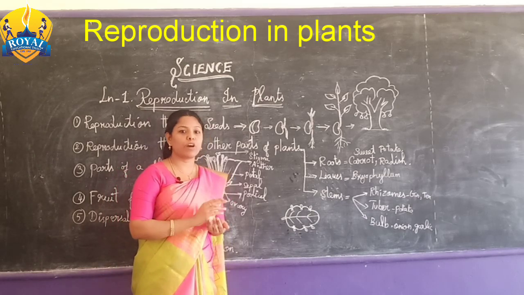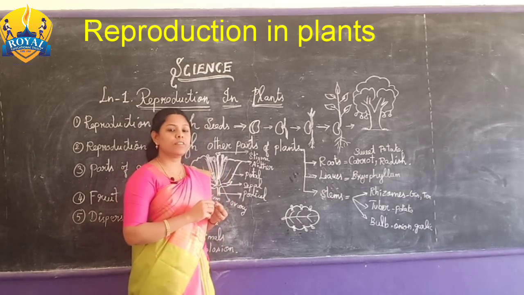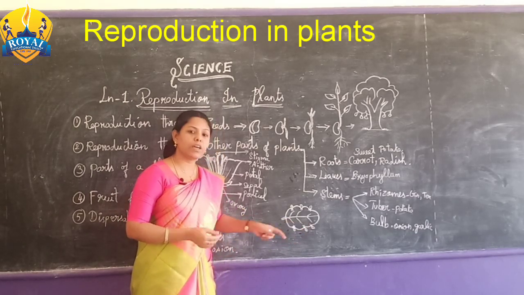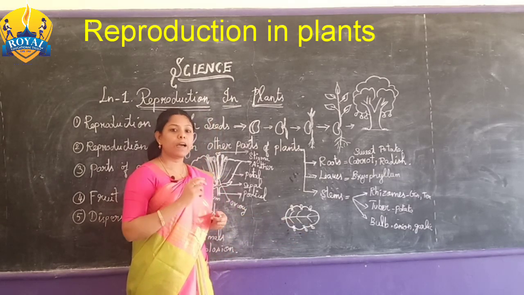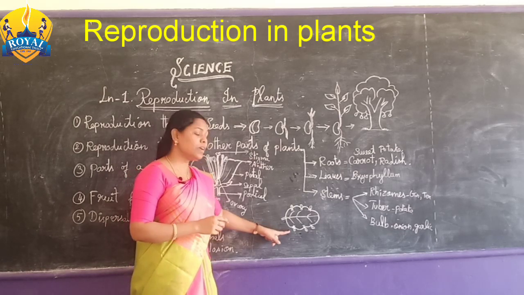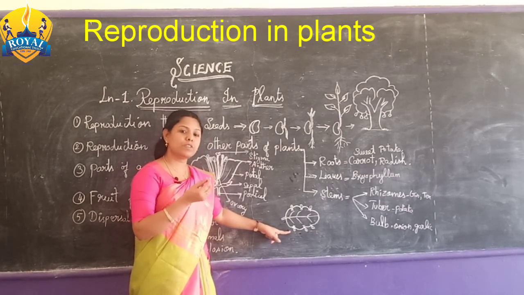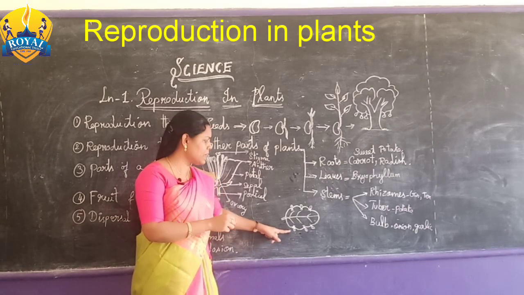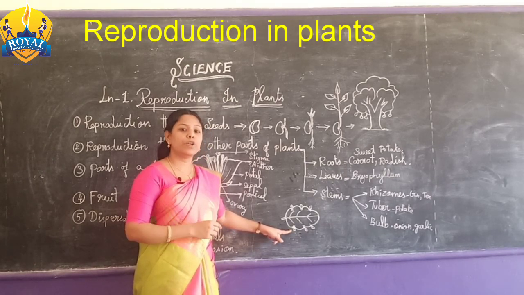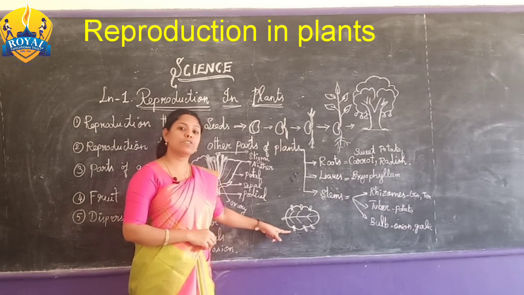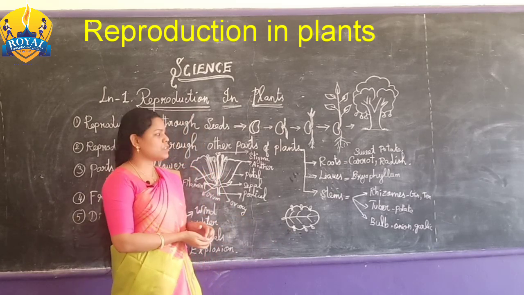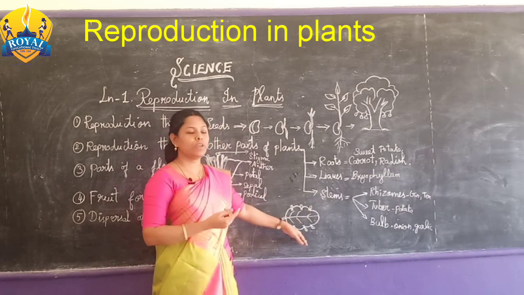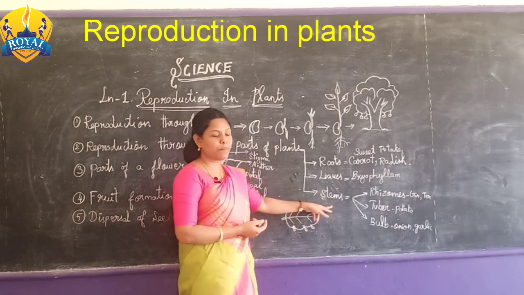After some days, or after two weeks, you take it and see, what a surprise, the leaf margin has new small buds. Take the new small buds and plant them in the soil in your garden. After a few days it will give rise to a new plant. So the Bryophyllum leaves give rise to new plants.